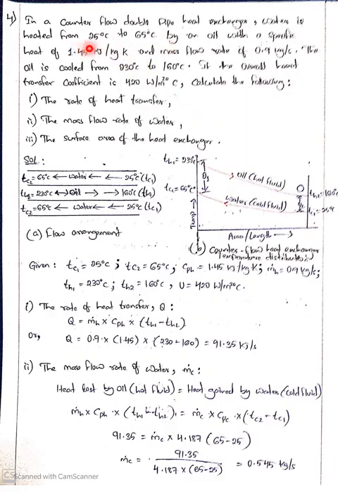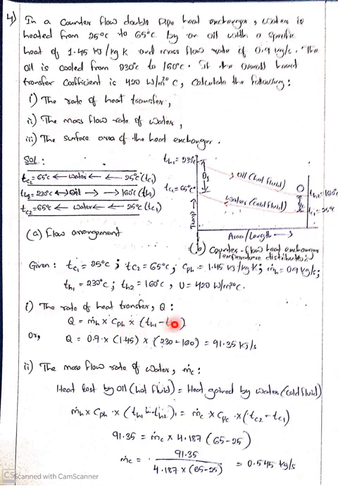So next one. In a counterflow heat exchanger, counterflow means the two fluids will be moving in opposite directions. So what has he given? Water is heated from 25 to 65 by an oil with a specific heat given here. Now the two different fluids are water and oil. Oil is in the hot condition, water will be the cold fluid. He has given the specific heat of oil and the mass flow rate as 0.9. For the hot fluid, the oil is cooled from, he has given the temperatures of the hot fluid. If the overall heat transfer coefficient is given as U, calculate the following.